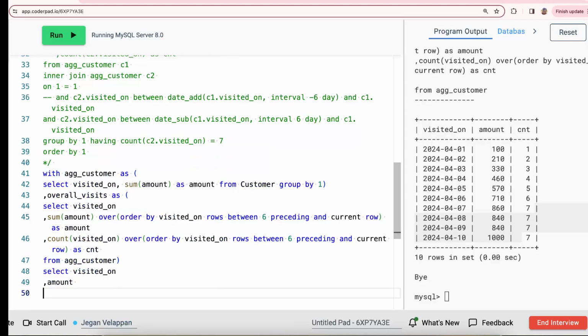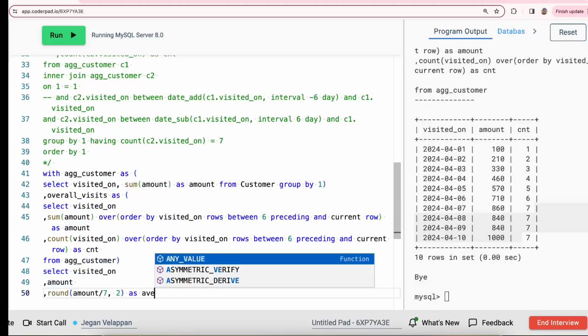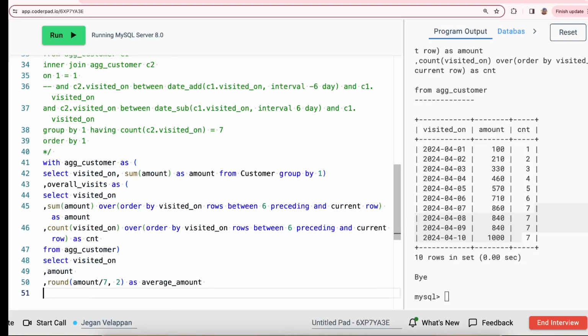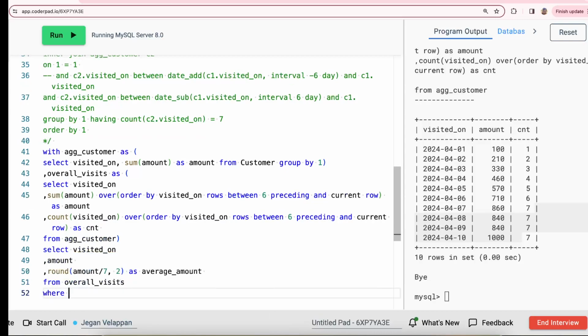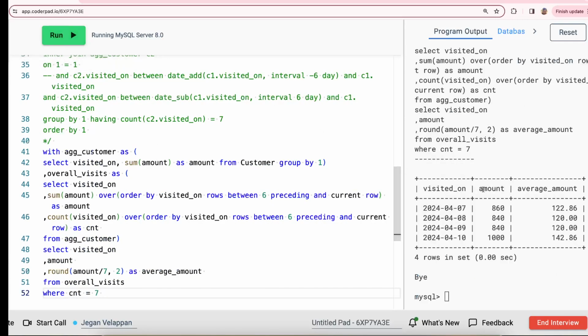If you want the average, you can do it before, or you can just say amount by 7, and then round up to 2 decimal places, as average amount from overall visits. The condition is where the count is equal to 7. So now I got only those records which have the 7 days of window, only those 4 records,